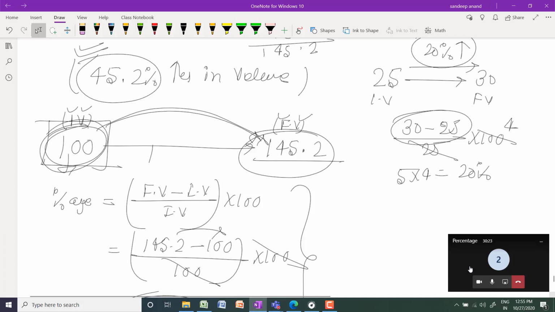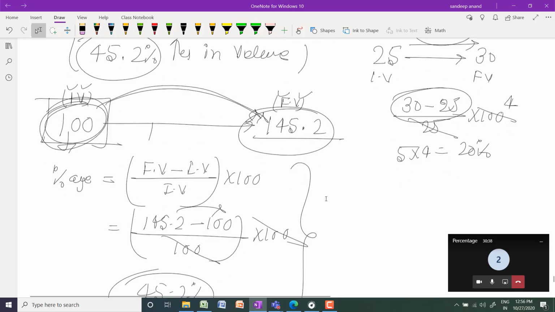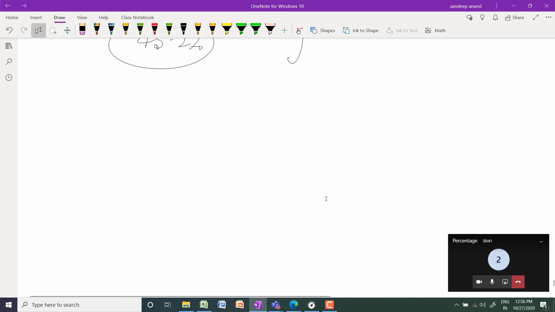If the base is not 100, then we just have to add 100. No, this is my assumption. I just assume this value so that my calculation becomes simple. But in every instance, Martin, you will get the same result. Suppose the question looks like this. Everyone, please look at the board.